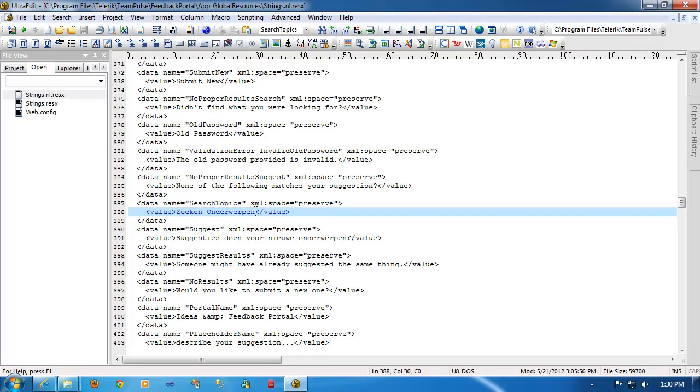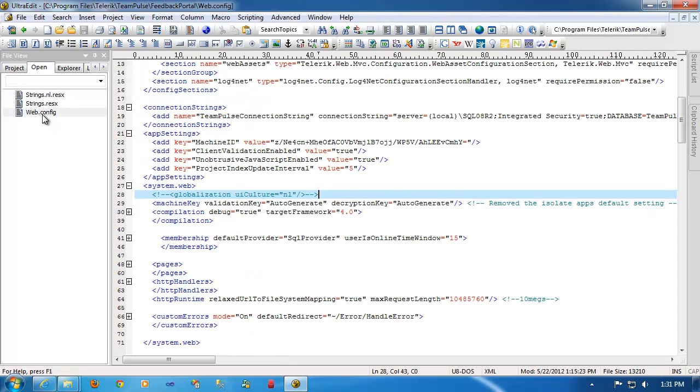Now that's only one half of the story. Now that we save this, our application doesn't know that we want to look for the Dutch UI culture, so we have to tell our application to switch. So when we open up the web.config, and again I suggest making a backup before you start editing the web.config, just in case,